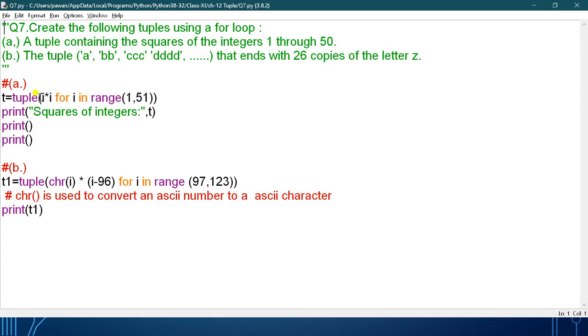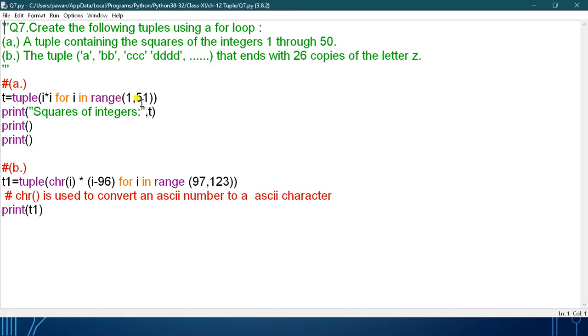Now see the code. In this I have used the variable t. This tuple I multiply by, for i in range. I have used the for loop with this tuple function only. Okay, you can also use it separately, but I have used it in the tuple function. By this way also you can use the for loop. So what will it take?